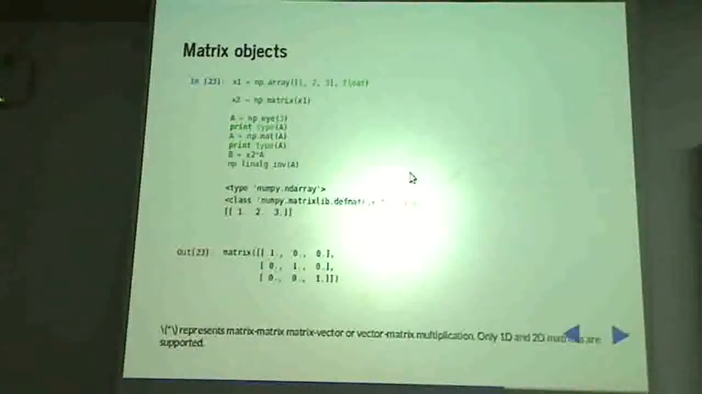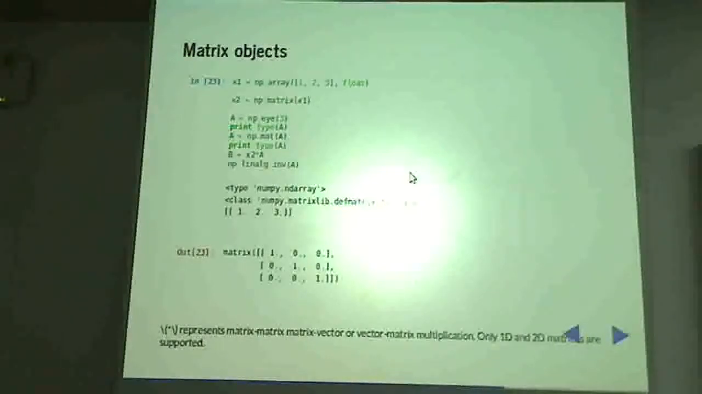NumPy also has a data type which is called matrix. So if you want to do matrix operations, you can do that. So here's your array. If I do np.matrix x1, it converts the NumPy array x1 into a matrix x2. Okay. Now I can do also things like np.I, which is another function, which is I of 3